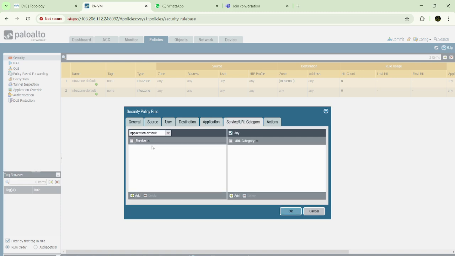And service, what does service mean? Whatever the ports. Okay, service means here the ports, whatever the ports that you want to allow. If you want to allow HTTPS 443, you can select HTTPS. If you want to allow 80, you can allow the 80 as well. And apart from that, if you want